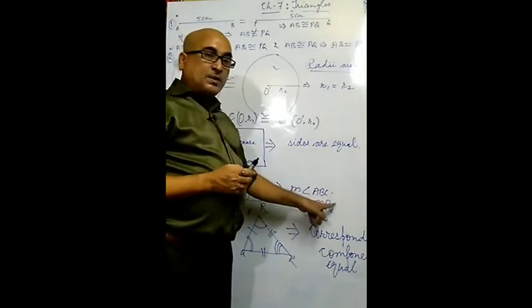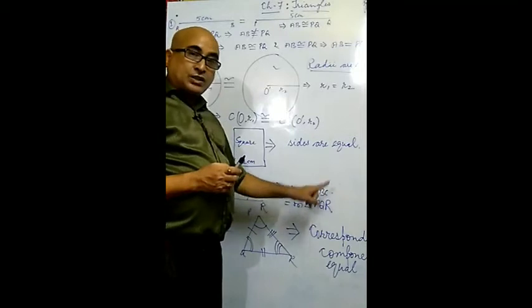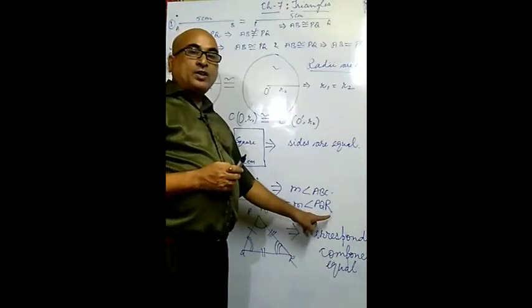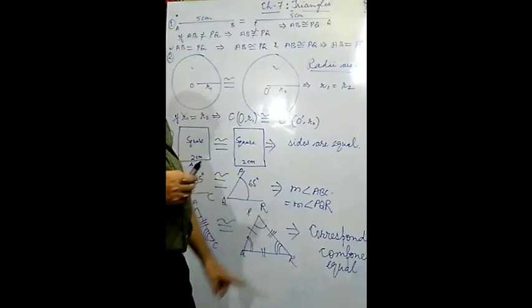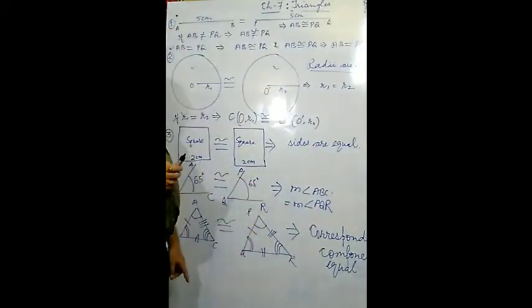Now go to the congruency of two angles. If two angles are congruent, it means the value of this angle ABC is 65 degree and angle PQR is also 65 degree. The degree measures of both the angles are equal, 65 degree. So this angle is congruent to this angle. Why? Because the degree measure of angle ABC is equal to the degree measure of angle PQR. In this way, we can say that two angles are congruent if and only if their degree measures are equal.